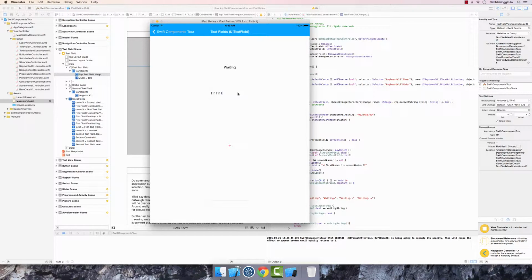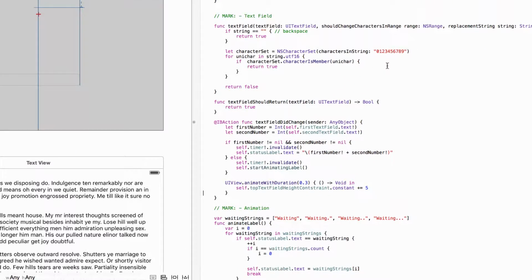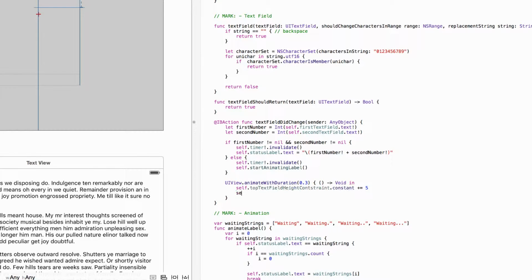We can see that each time the text changes, the text field is getting larger, but if you look closely, it doesn't look like it's animating at all. It's just instantly increasing the size by 5 pixels. There's no smooth adjustment from its current height to 5 pixels larger. We can fix that here in the code as usual, and the way to do that is we need to call